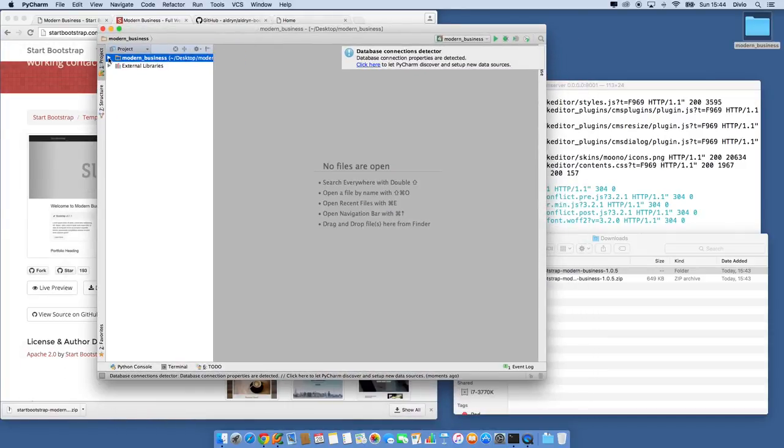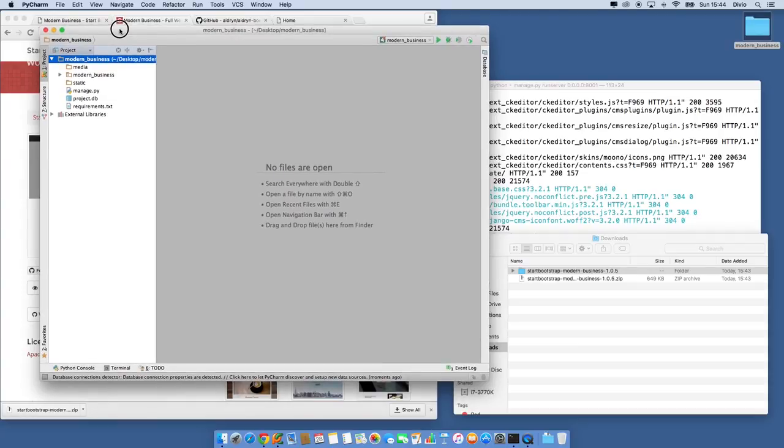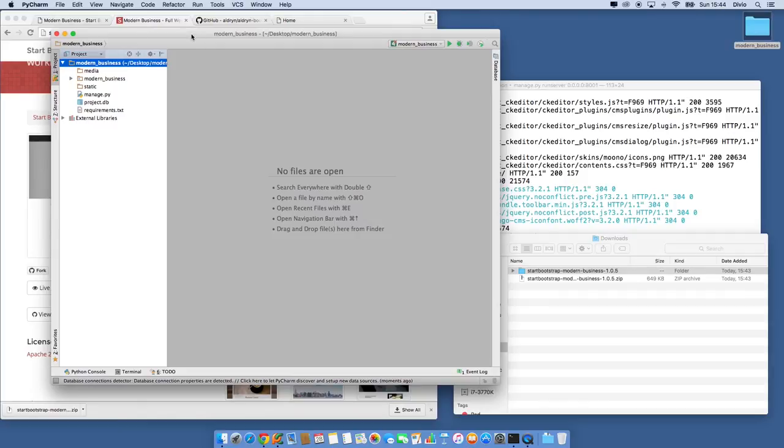So you can use any text editor you want. Obviously, you can't use something like Word or a rich text editor kind of thing. You need to really use an editor designed for coding. PyCharm has a community version, which is, I believe, free. I'm using that right now. I think I'm actually using the professional version in trial mode right now,